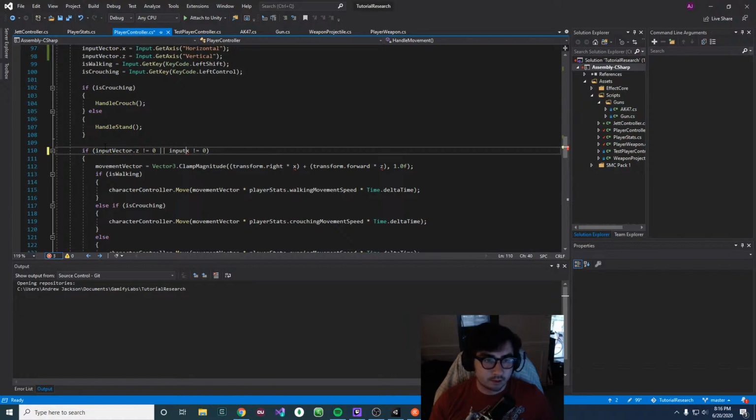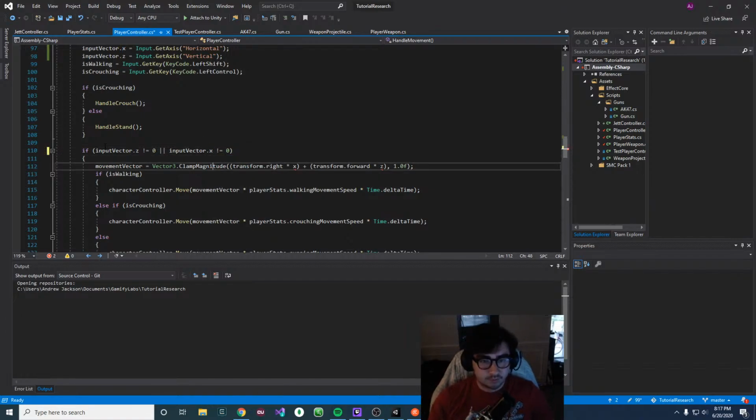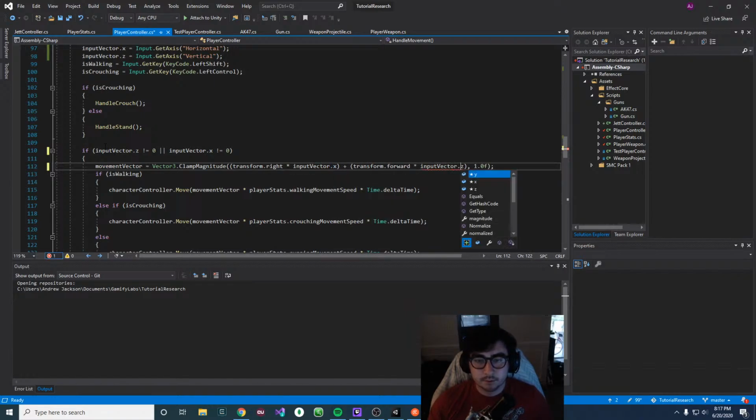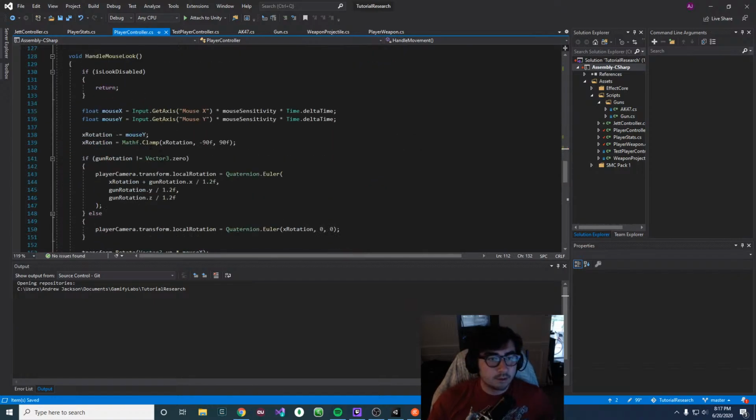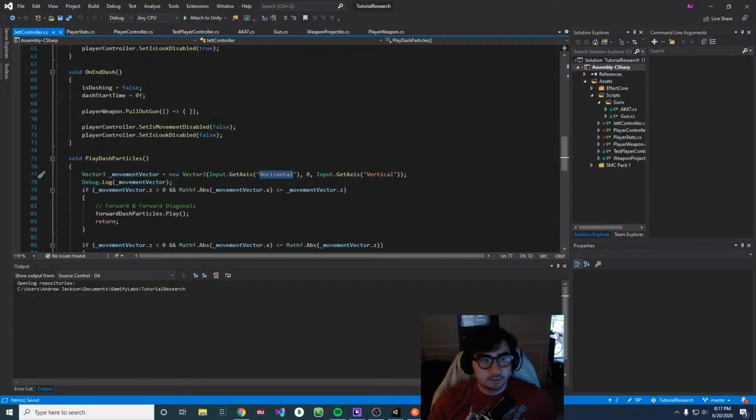Okay, and so we have these guys and just input vector, and then wherever we have, obviously, we have to change whatever. So input vector. Okay, and now we have that updating, and so we don't need to do this. We can just say I'll just do input vector